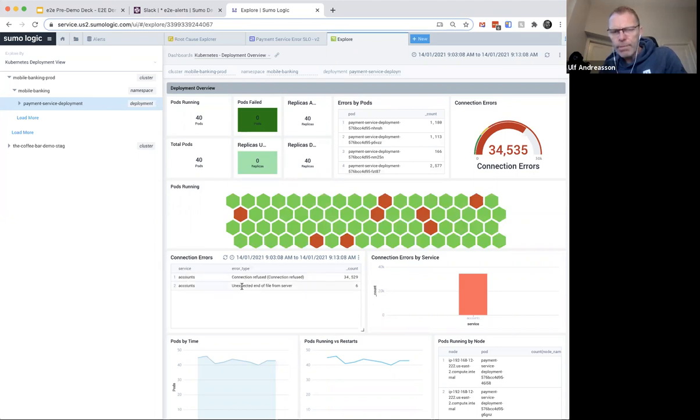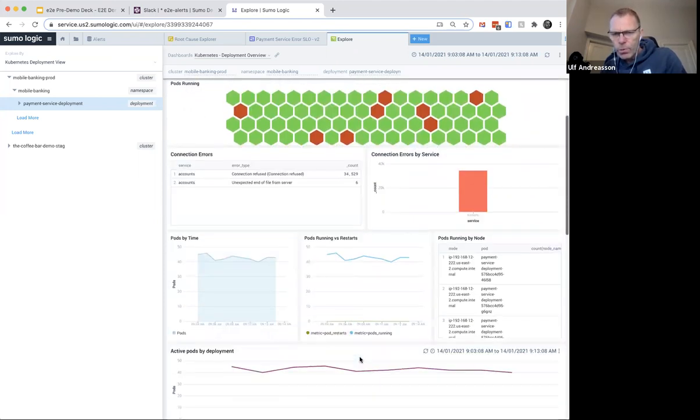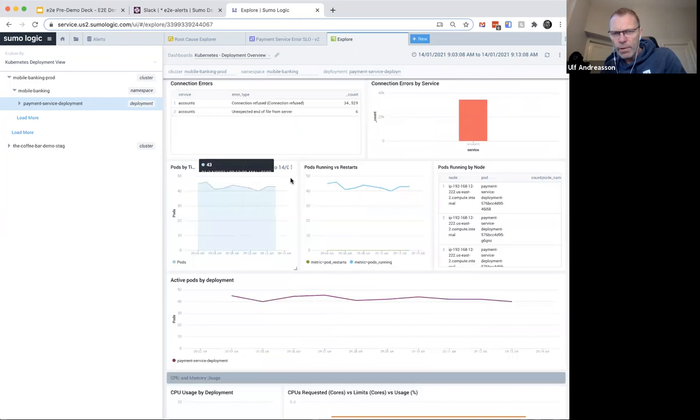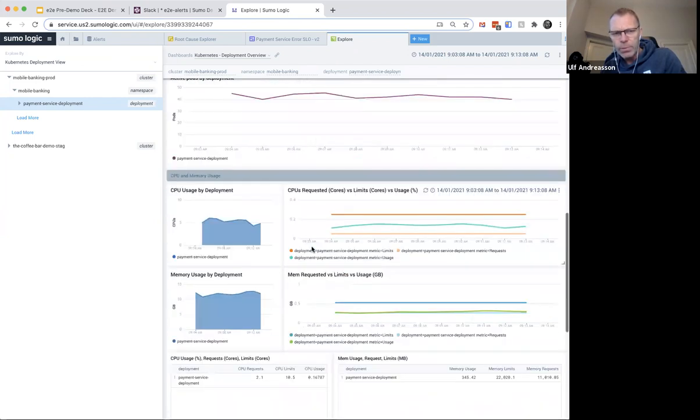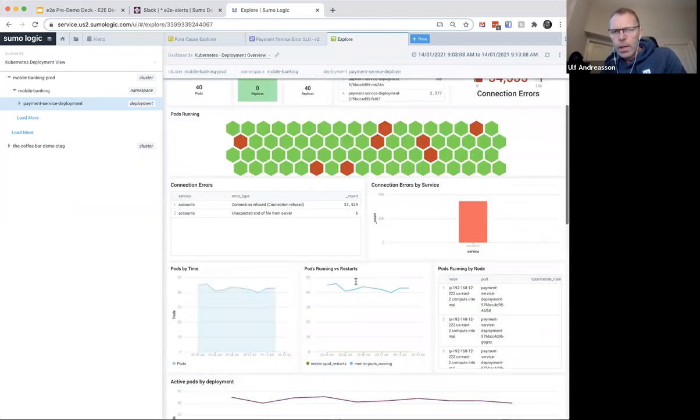So obviously something's happening. If you remember the layout of the application, it's a payment service that effectively runs on a Kubernetes cluster communicating to the accounting service. So something seems to be wrong here. When we look at the rest of the information we have around this deployment, it seems to be fairly okay. Nothing screams out, nothing majorly bad. So let's dig into the connections here between the payment and the